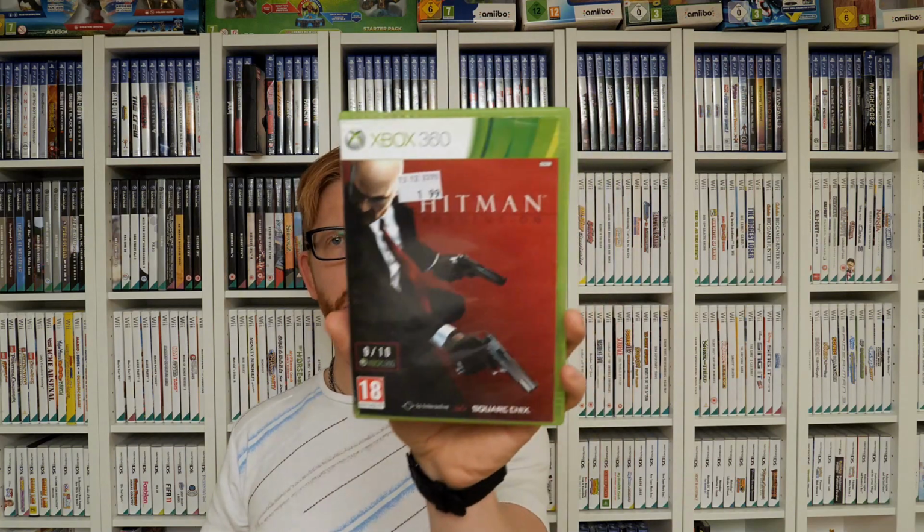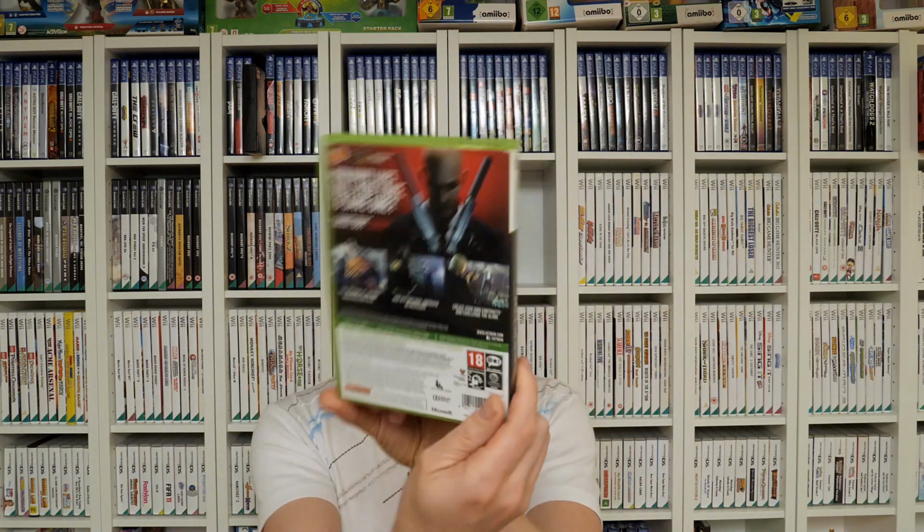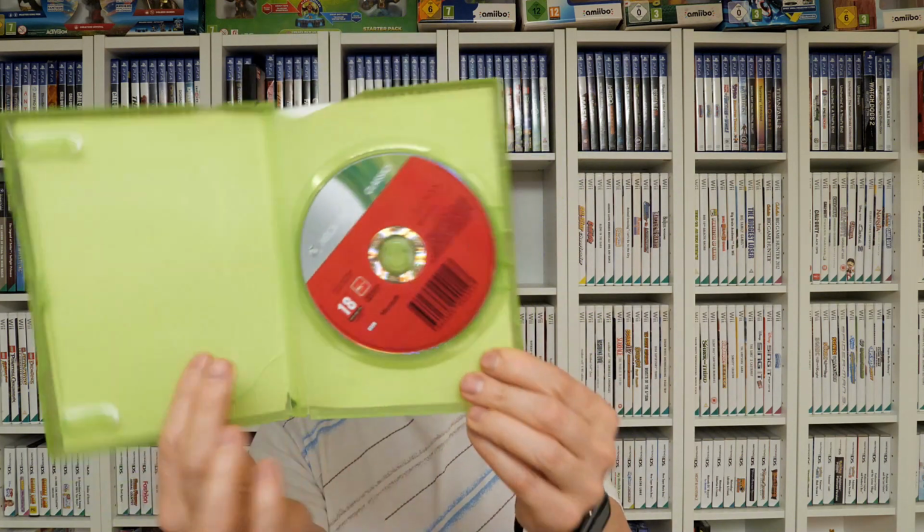So yeah, happy about that. I actually did have that already, and I managed to pick up a spare copy. And then technically I do have this Hitman Absolution. So this is the proper release. Unfortunately the case is kind of knackered, but inside it's a Classics variant, and I do not have the Classics version, so I think I'm just going to pull out the disc and keep the disc until I maybe find an empty